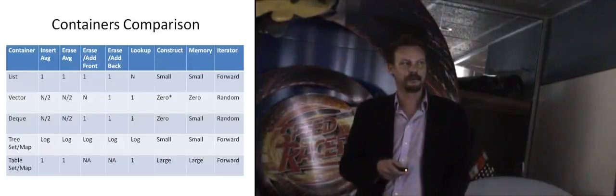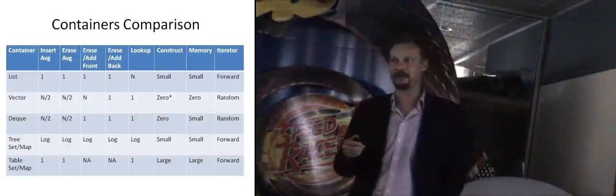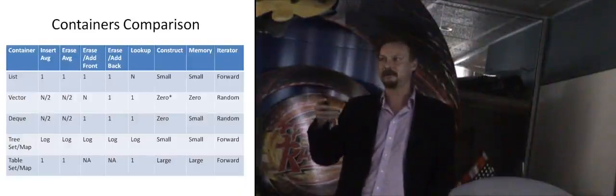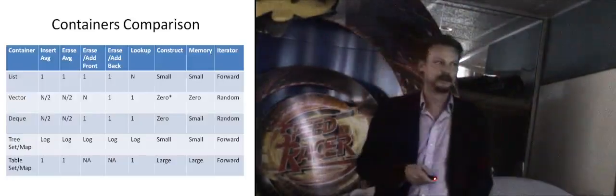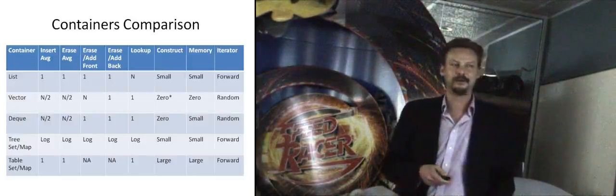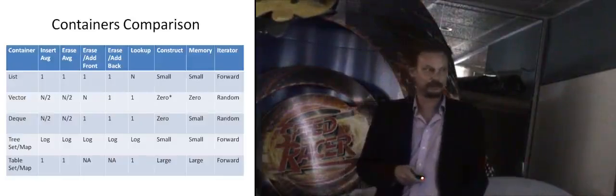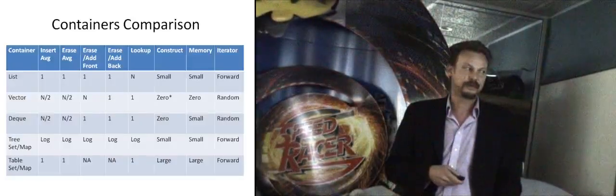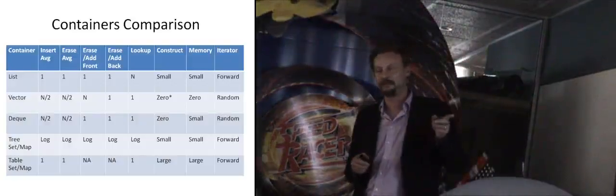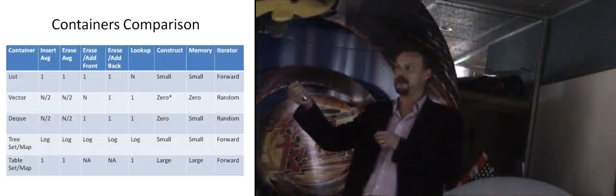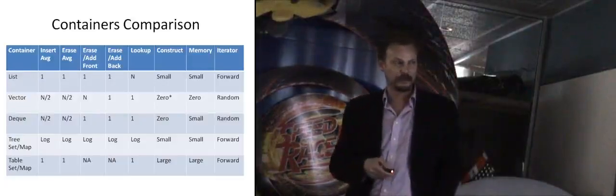Construction time. This is how complex it is to construct the object. It matters a lot if you're constructing it on the stack and you want to use it for just a small bit of things and then let it go. For a list, it's 0. Well, it's not 0, but it's very small. All it needs to do is initialize 1 pointer, I think. 2 pointers. Some implementations of list will actually create what's called a sentinel node. So the construction time in that case is a bit more than small. It actually allocates a node to start with to use as a sentinel node. It's a detail, but some implementations will do that. In general, it's quite small.